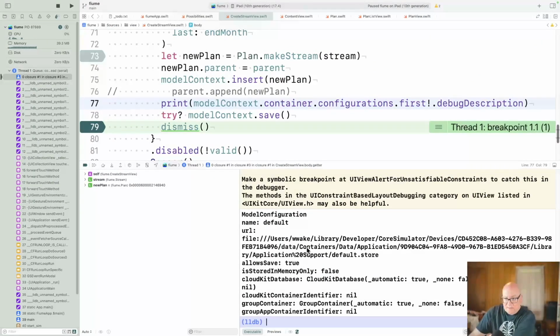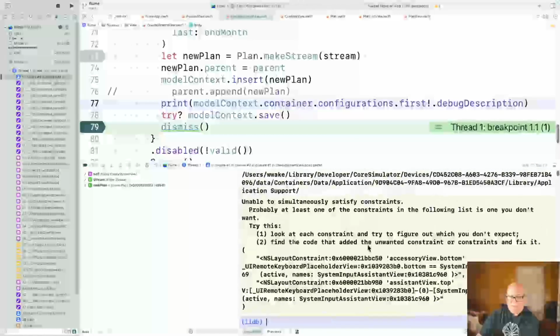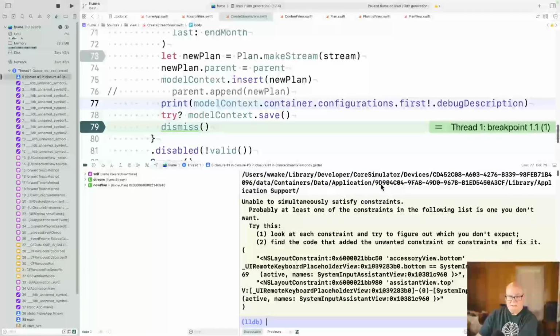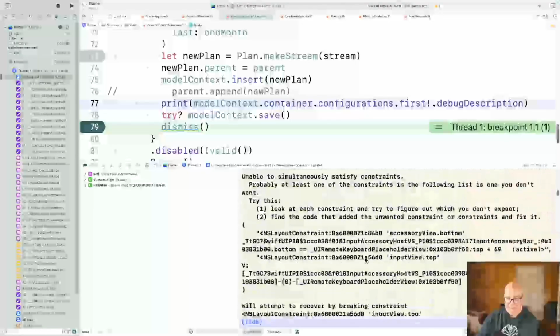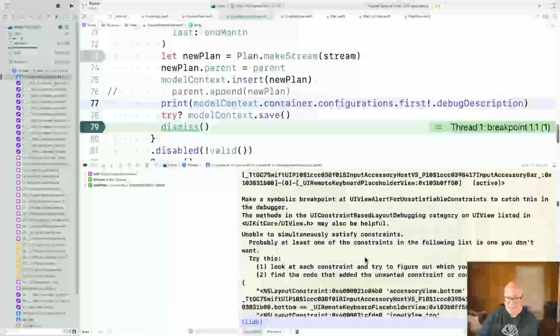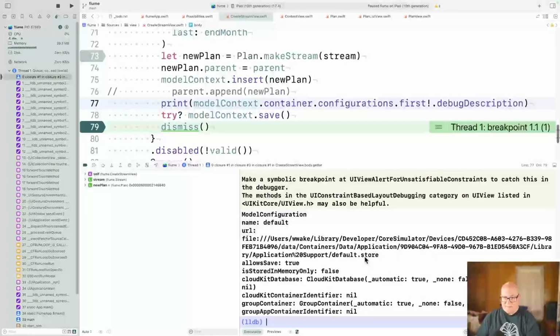Well, there's a file, CD4599. Okay, so I think this is consistent with that, but that's good to know. Library application support default.store. Yeah, that's